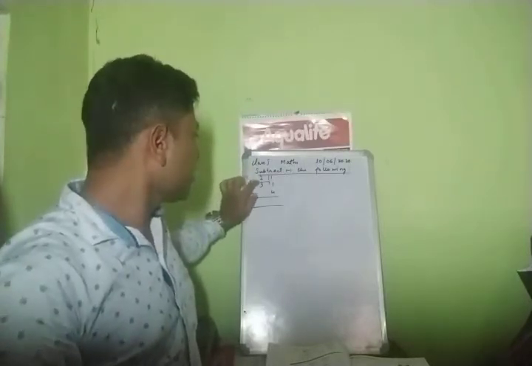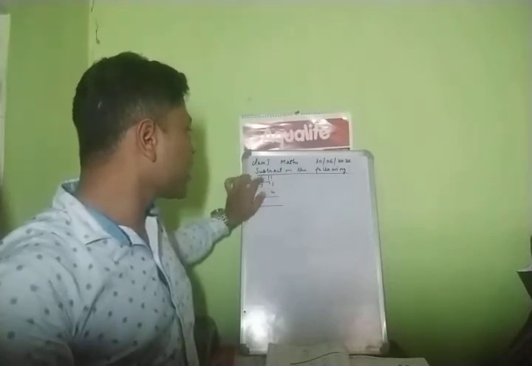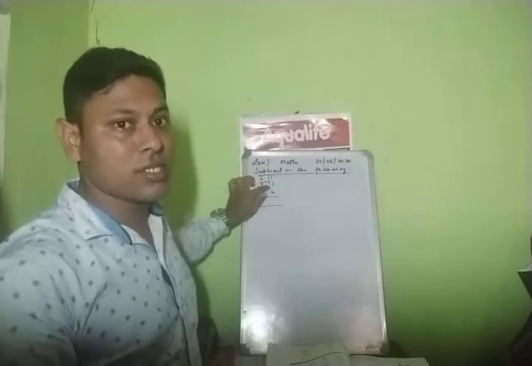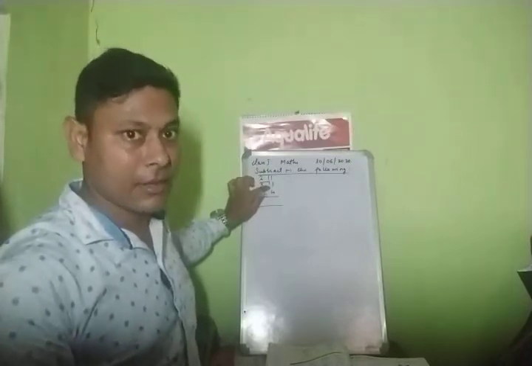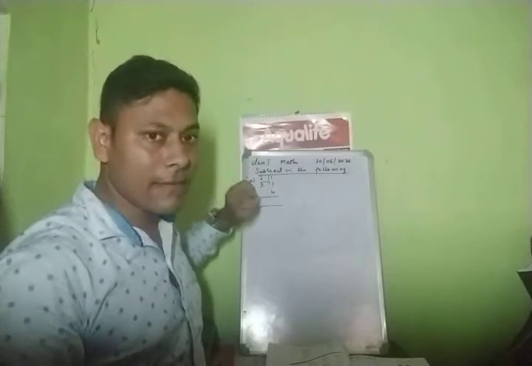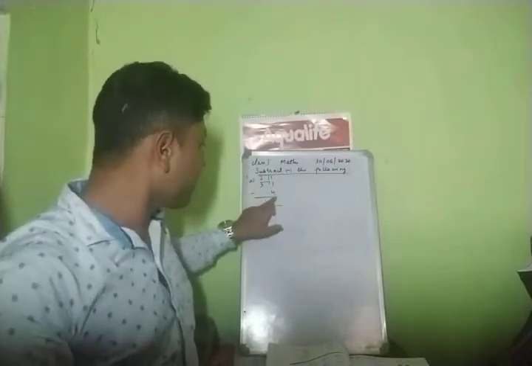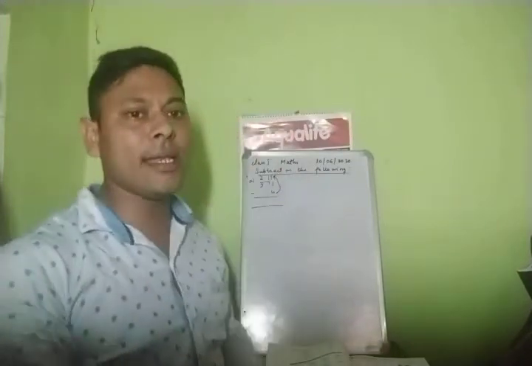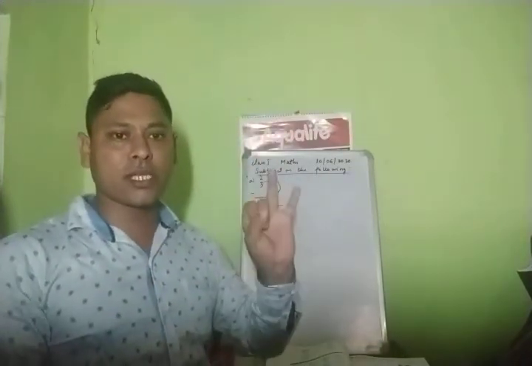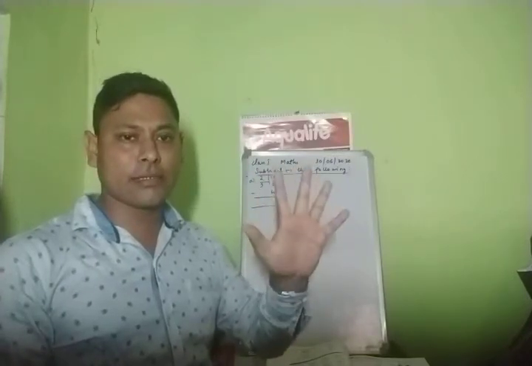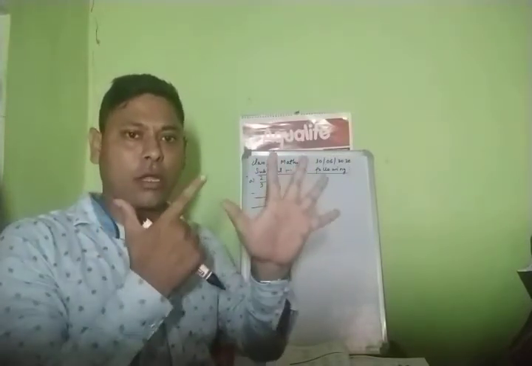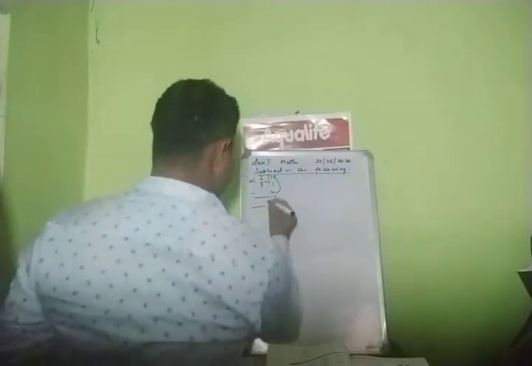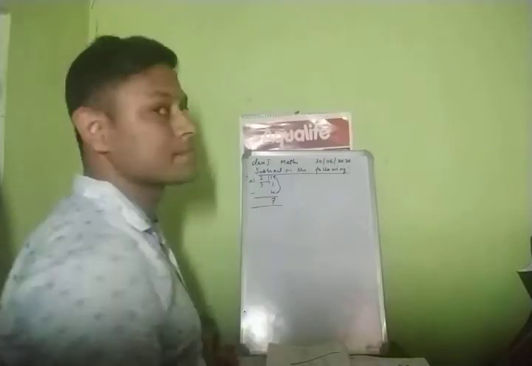Then see, when you borrow here, 1 was there, again 1 you added here. 1, 1. You know nursery KG, how we learn? 1, 0, 10, 1, 1, 11. Same thing will be here, 1, 1, 11. Now down what is there? 4. So from 4, you count till 11. 4, 5, 6, 7, 8, 9, 10, 11. How much we got? 7. So our answer here will be 7.